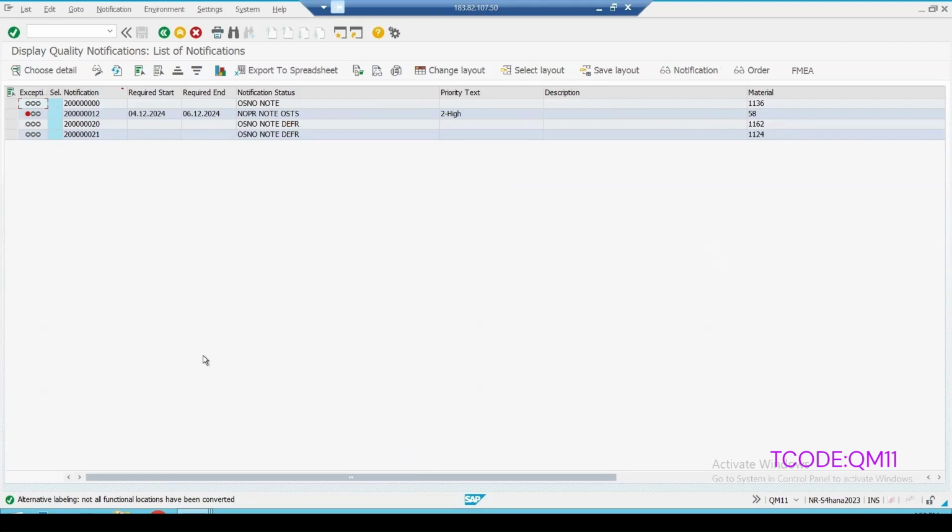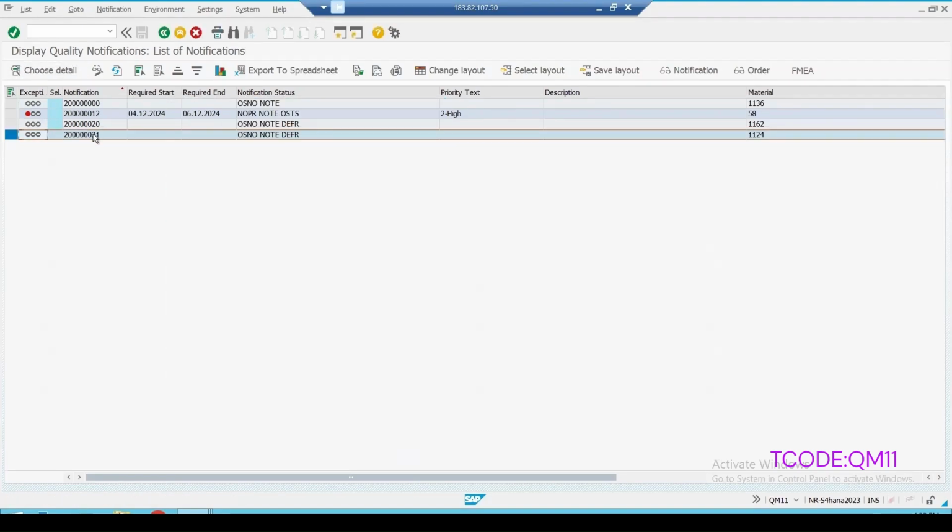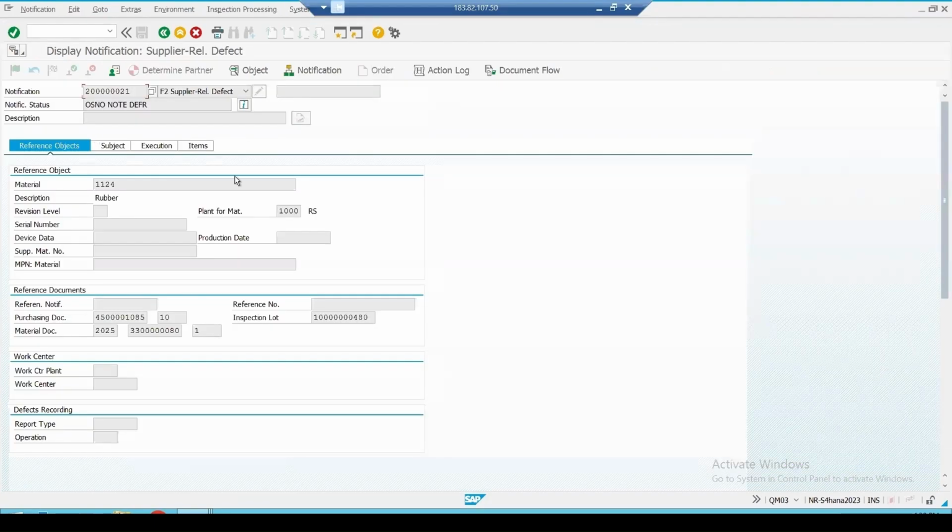Material was 1124. If we select this notification and see the details, if we double click on it, it will open it, right? So the notification has been created. The material is rubber. These are the purchasing document details.